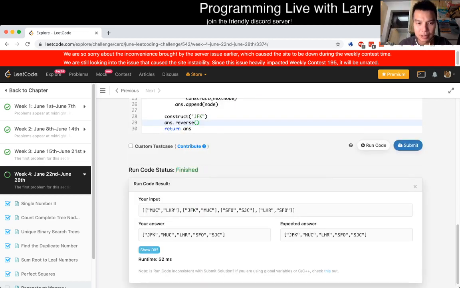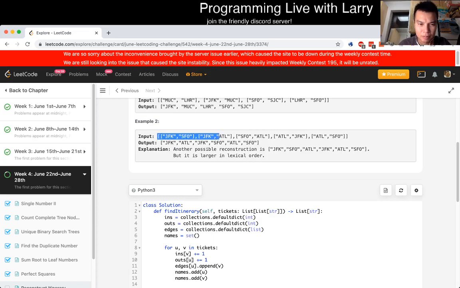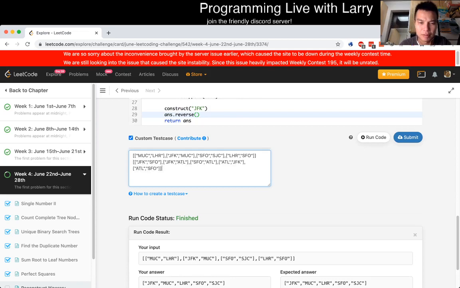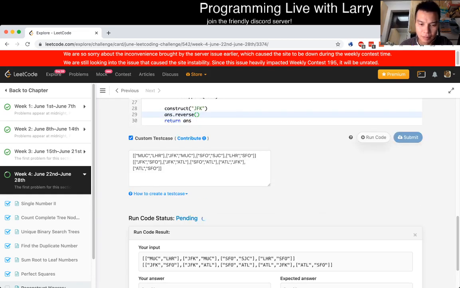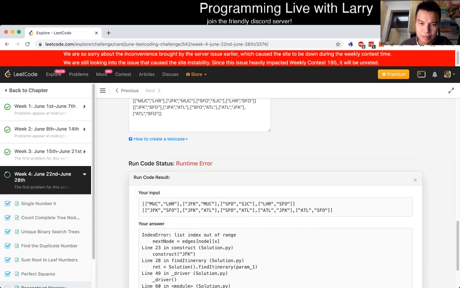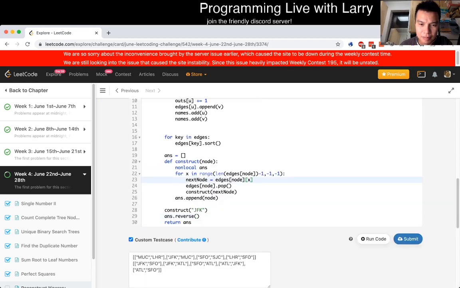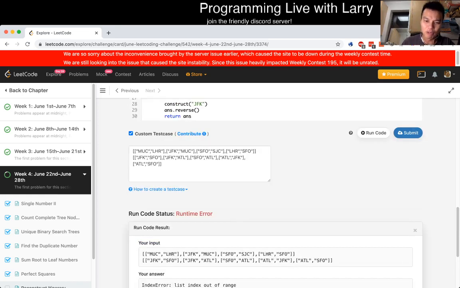Let's try the second case. Oh no. Oh, I guess in this case it's just, and there's always one.